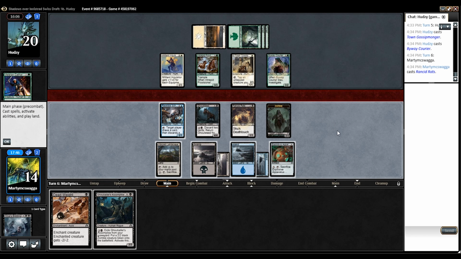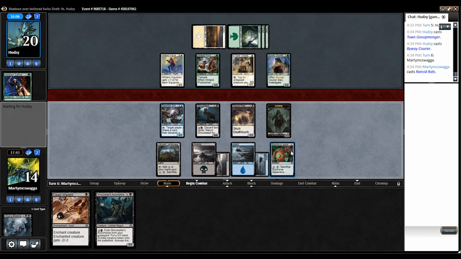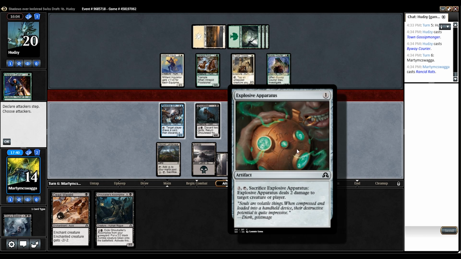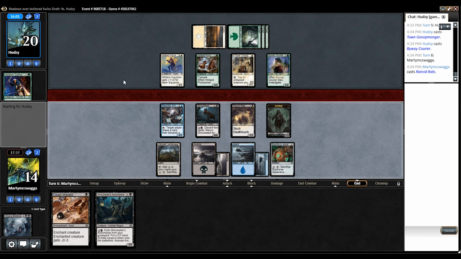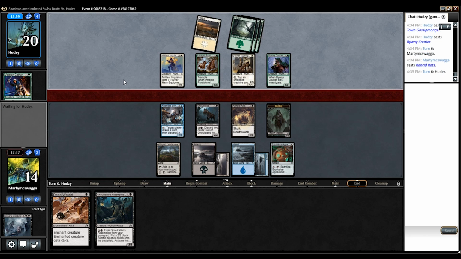Rather than slam down another 2-drop, I think I'll just leave this open so I can Apparatus if I have to, or I can just get rid of another land while getting a land into my graveyard. And I'm definitely looting here. This guy's a pretty fine 2-drop to loot away, because he still has